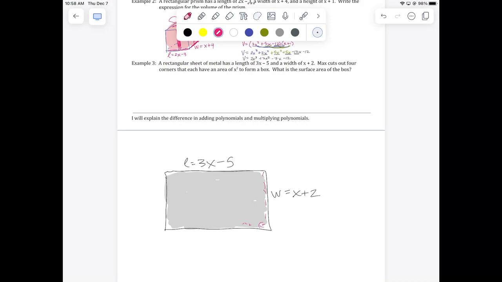Now Max, with his parents' help and permission, of course, cuts squares out of the corners. So with his tin snips, he's cutting this, this, this, and they're all the same size, and he's cutting this. And he's removing these four squares. Maybe he's saving those for another project, or melting them down and making some jewelry for his girlfriend for Christmas, right? Now, how does he make a box out of what's left that looks kind of like a plus